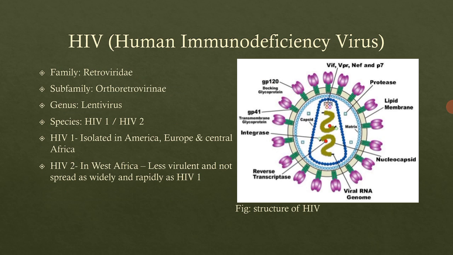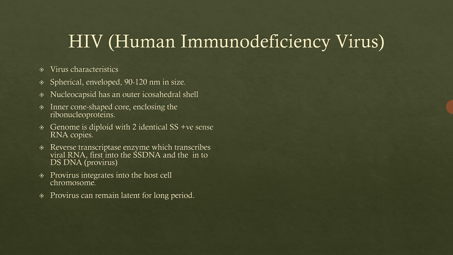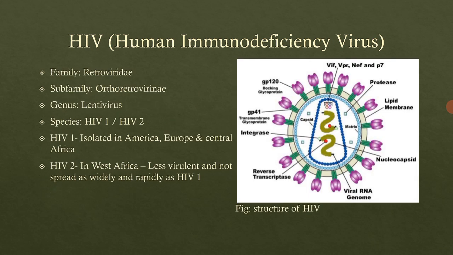Then in this picture, as you can see, there is the diagram of the HIV virus structure. As I mentioned in this slide, these are the properties of its structure. First we have the lipid envelope. On that envelope there are glycoproteins named GP, indicated in the purple color. The purple ones are the glycoproteins, which are responsible for binding to the host.